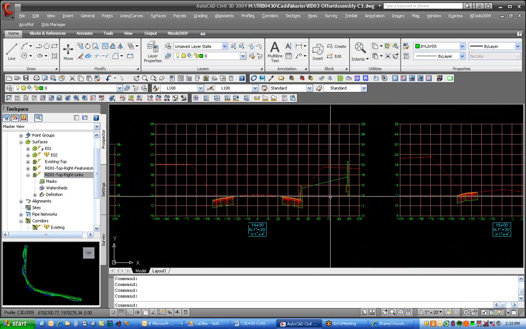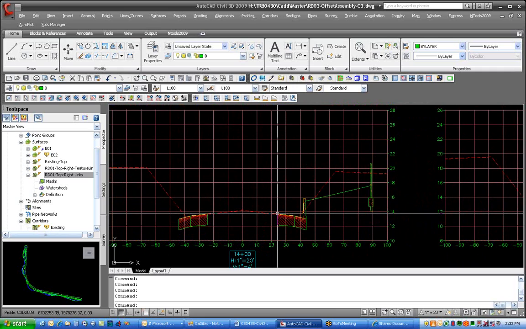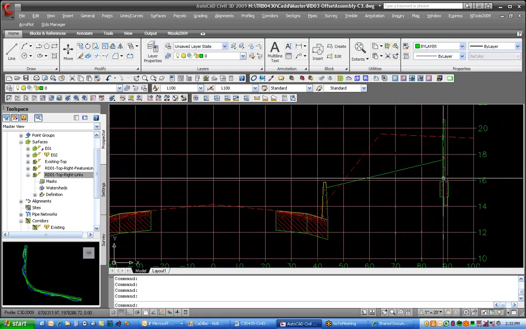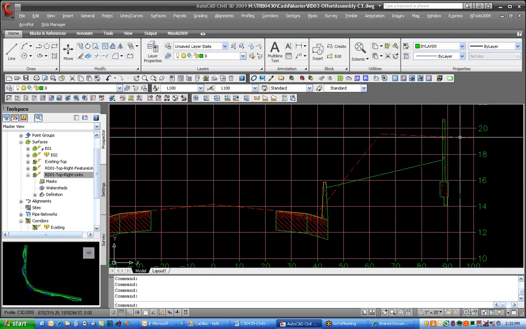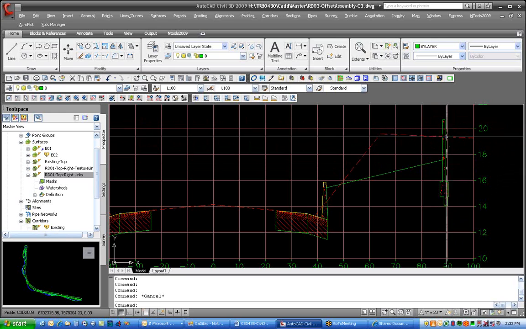just so you can see what this model's doing here. So that's really kind of see everything. So here's my edge of pavement alignment and profiles, lining that right up with existing. And then I've got the alignment profile controlling the wall. I've got the profile setting this height, and I've got another profile controlling the height, the top of my wall,